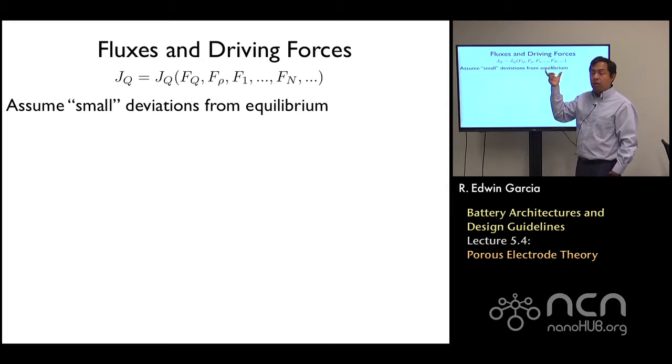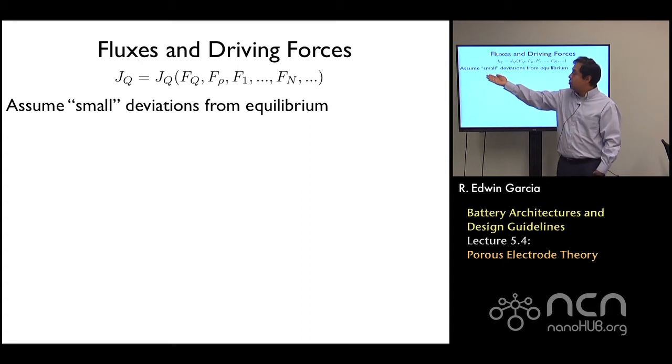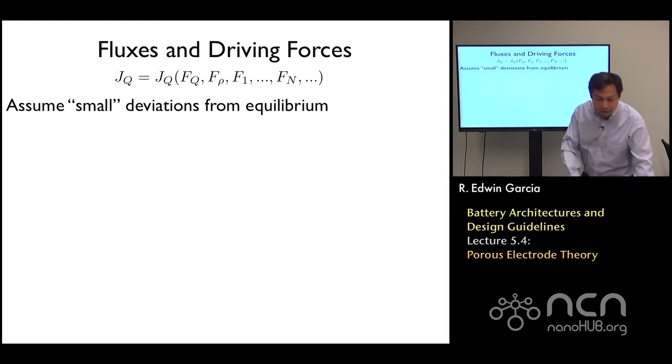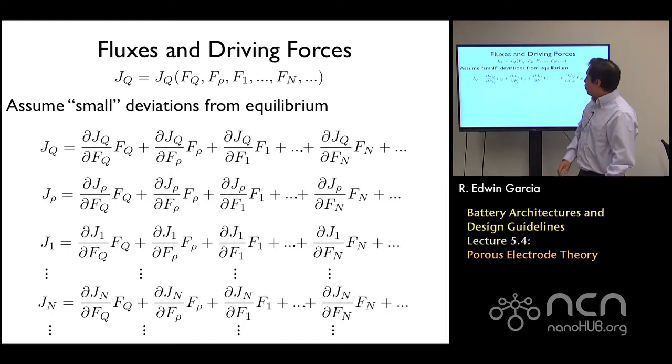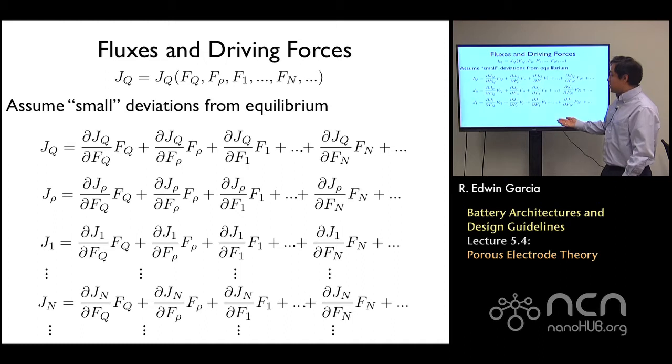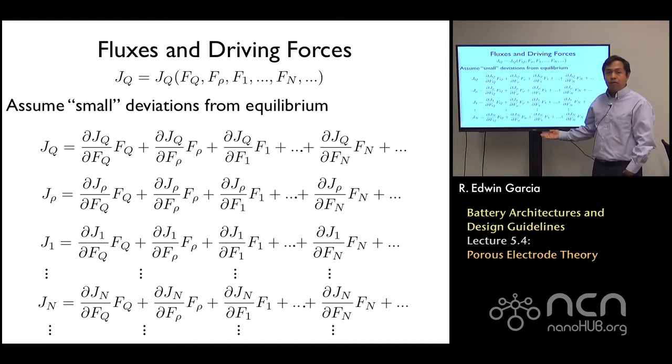Okay, if you assume small deviations from equilibrium for that flux, then you can think that those small deviations can be expanded in terms of a Taylor series, and here is where things get really messy, because now we're really thinking that there's a whole set of linear combinations of driving forces that impacts the response of the system. This mathematical description of the fluxes can always be resolved by using something called irreversible thermodynamics,